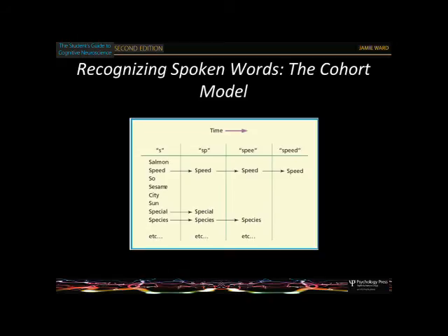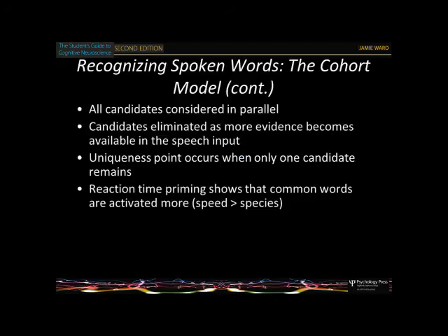And what you can do is play spoken words to people and say, right, press a button when you recognise the word, when you know what it is. And you'll find that people respond faster when the uniqueness point is earlier in the spoken word relative to later. And this provides the evidence for that. So with elephant, even though it's a long word, you can recognise it soon because you get to the uniqueness point quite early on in the word. Other words you have to wait longer to hear before you can get that. So that's this model.